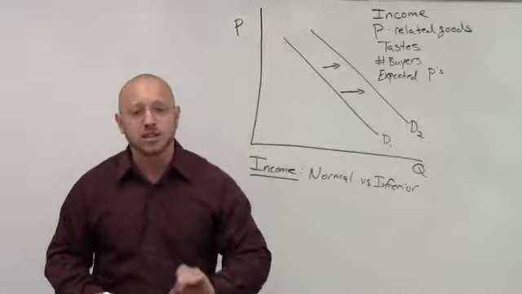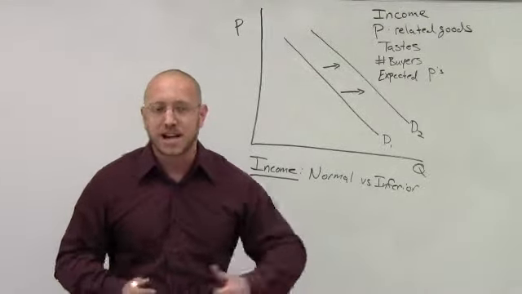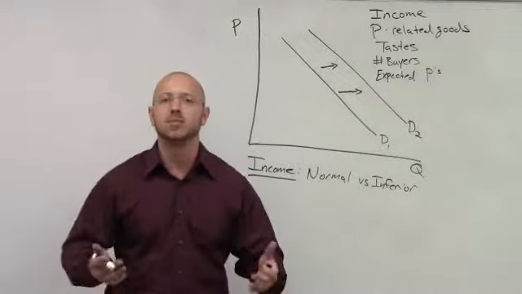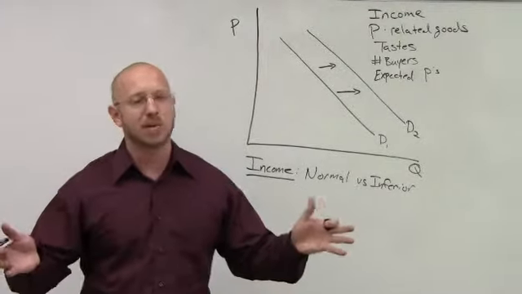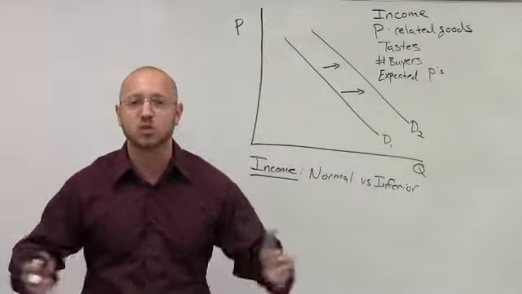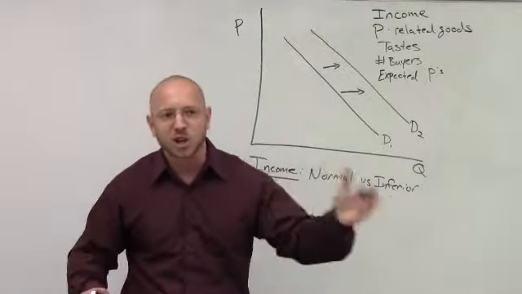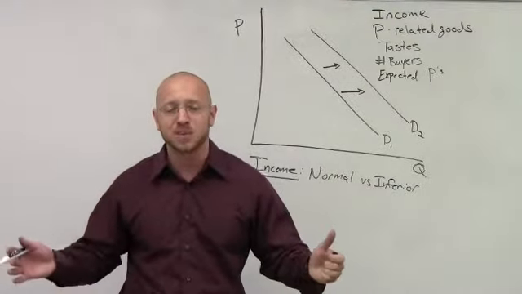Now, inferior goods have the opposite effect. As income increases, you purchase less of them. Now, what kind of good would be an inferior good? The most common example given in a lot of Econ 101 classes is ramen noodles. Right? Maybe you're a poor college student right now. You can't afford to go out to Applebee's every night, so you eat the cheapest thing you can buy,